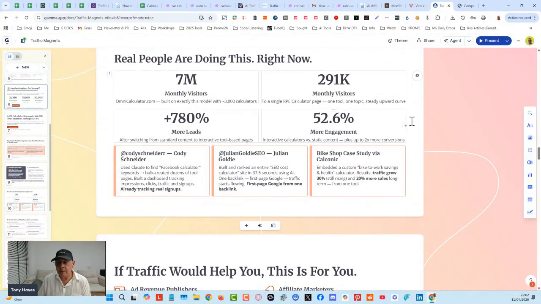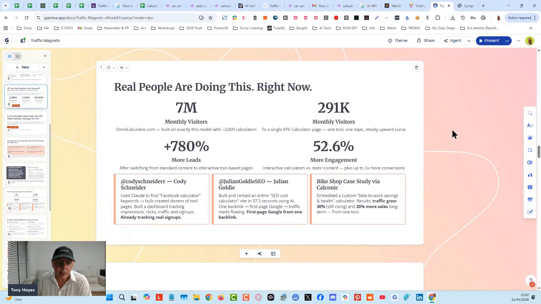Real people are doing this right now. When I first started doing this kind of stuff, the product creation stuff, it was back about 2011. I was actually in the trenches a lot more at that time. I was doing search engine optimization, and I was ranking for massive keywords, keywords with massive search volumes. And when I had strategies that worked, I had a developer who would automate those strategies into software. That's basically what we did for years and years and years: in the trenches, find the strategies that work, automate them, sell the software.